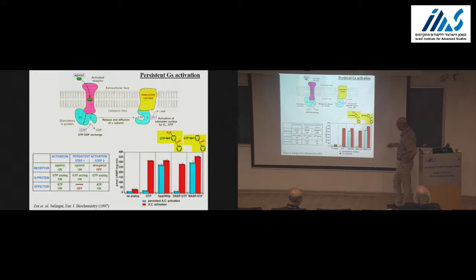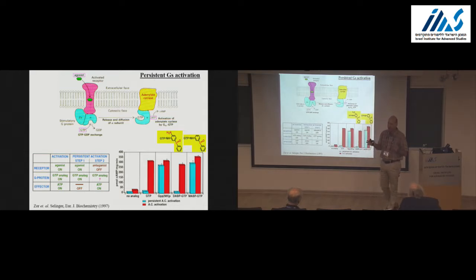So the surprise was with this analog, diamino-benzophenone GTP, DAB-GTP. There is an extra amino group here, and it behaved exactly like GTP. Okay, it was being hydrolyzed because there is no persistent activation, only activation in the regular assay. So I was going actually to trash this molecule because it wasn't a better photoaffinity label, but we had a